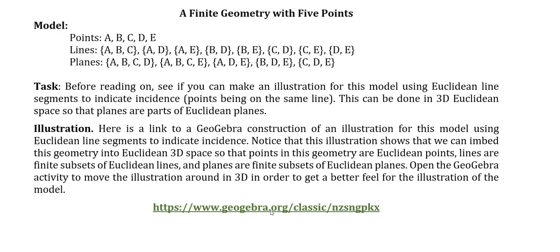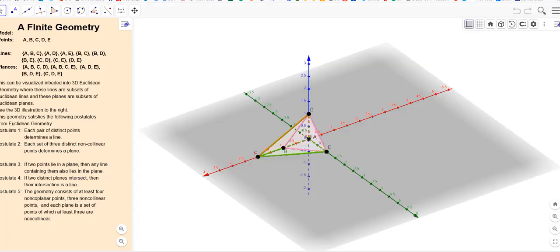Well, here's a link right here to a GeoGebra construction that I have done. And this is the finite geometry right here. I've made the, let's see, 1, 2, 3, 4, 5 planes, which you see them labeled. A is the origin, B is the point